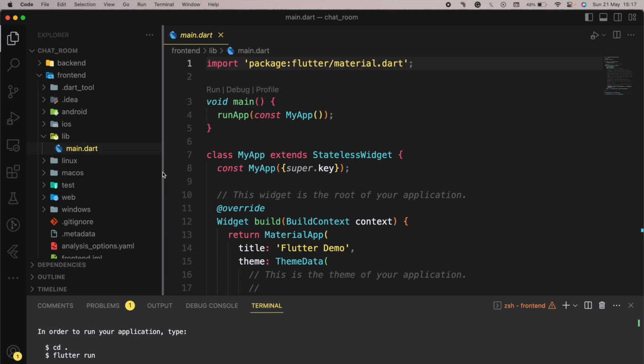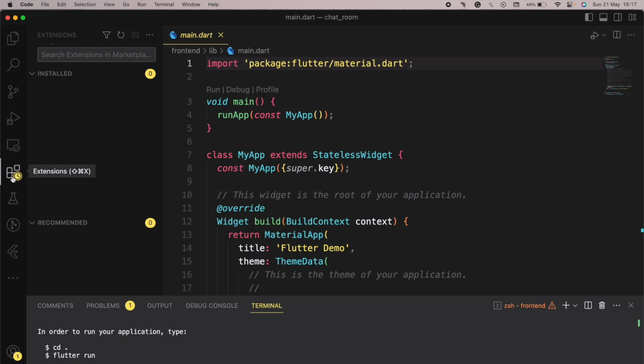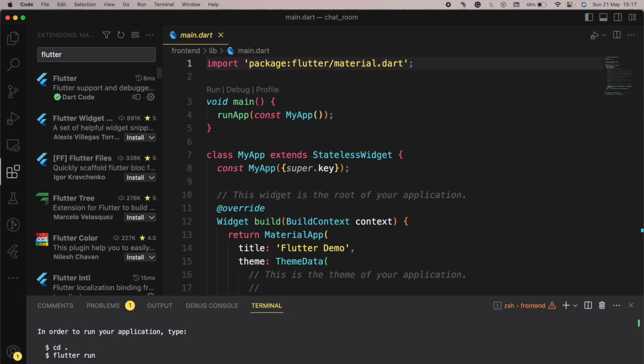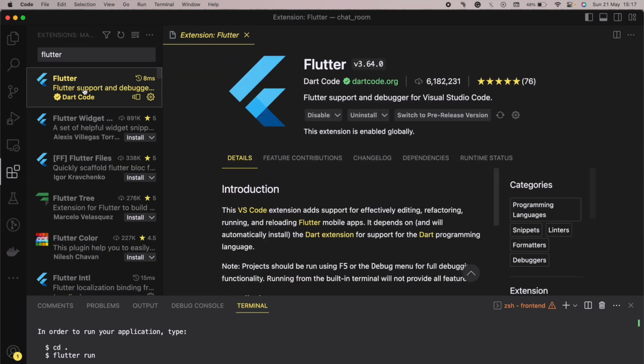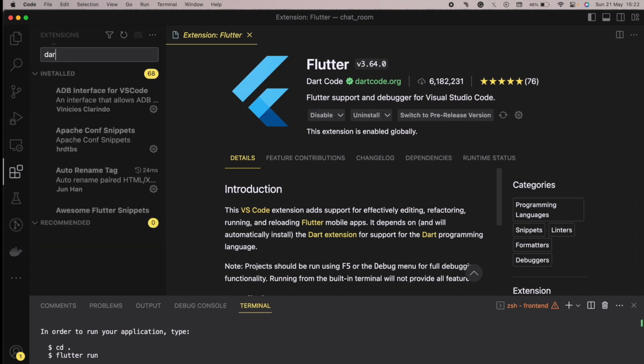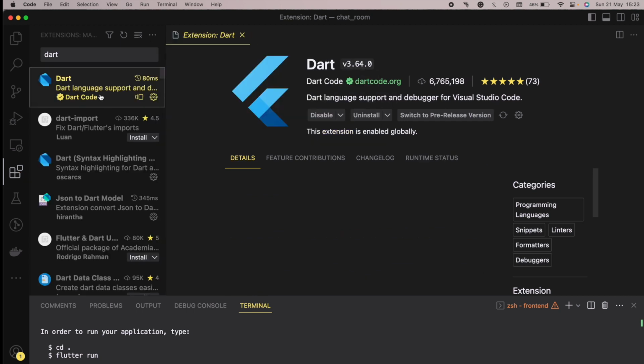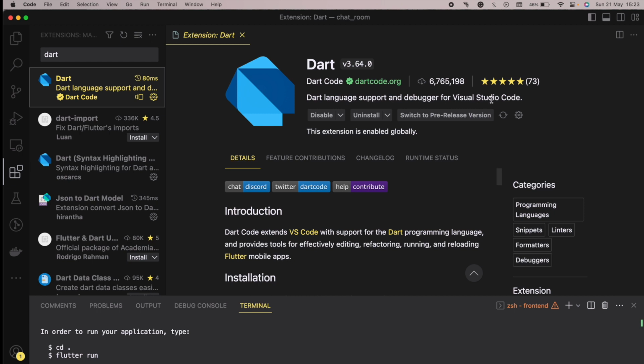Let's go ahead and install the required extensions for building Flutter applications on VS Code. Head over to the extensions and search for Flutter, which is an extension that will give you support for debugging your application and everything you need. Make sure it's exactly the same one from dartcode.org as you see it here. I've already installed it, so I don't need to do that, but you'll see the install option, so I recommend you click on it. Once the installation is completed, search for Dart. That is an extension that's going to be automatically installed for you when you install the Flutter extension. If it's not installed, then please try to install it.